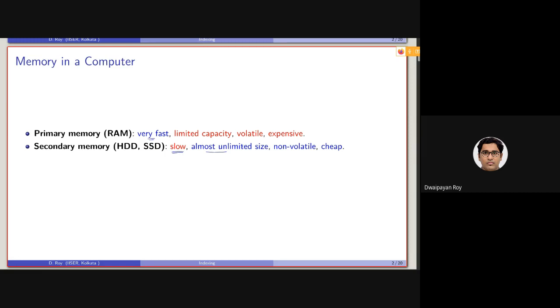As we know, now we can purchase 1 TB, 2 TB, 3 TB, 5 TB hard disks, as compared to the primary memory, which is still, for a desktop, for regular use, at most a 16 GB RAM. You can actually purchase more RAM to make it, say, 64 GB. Beyond that is actually too expensive, and your motherboard would not support anything more than this.